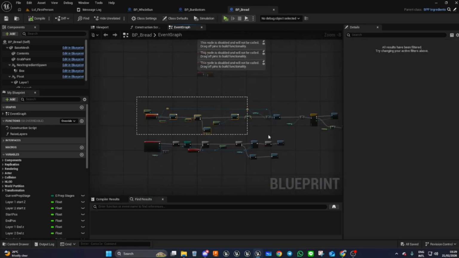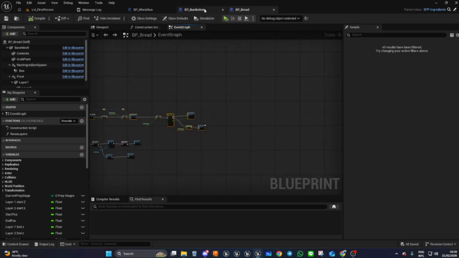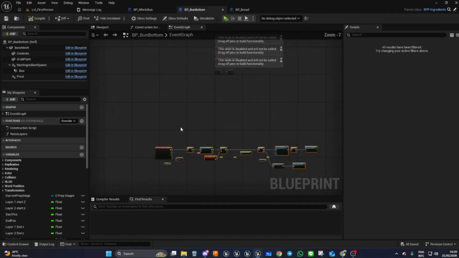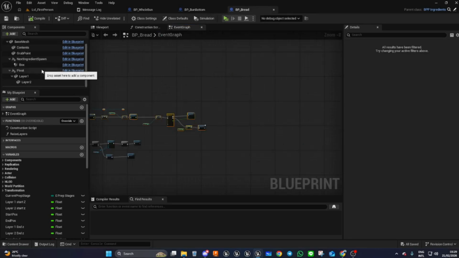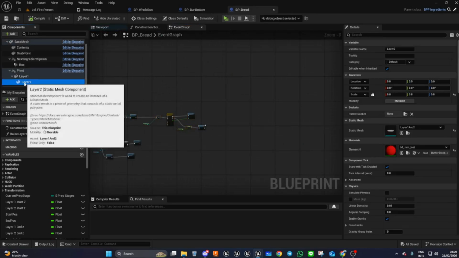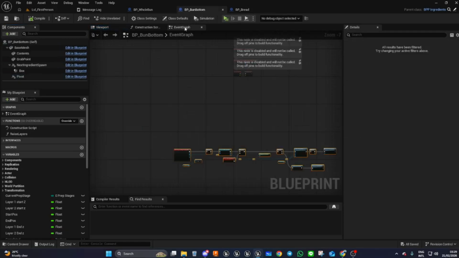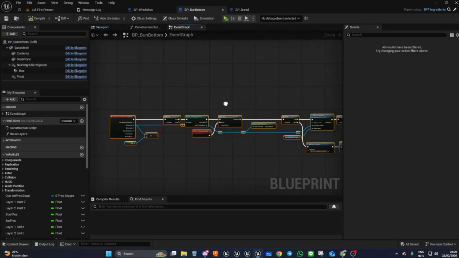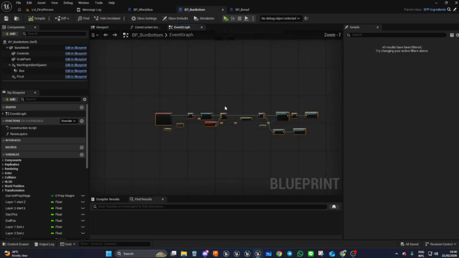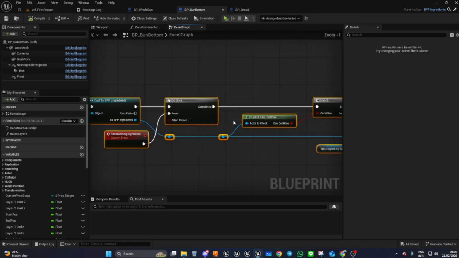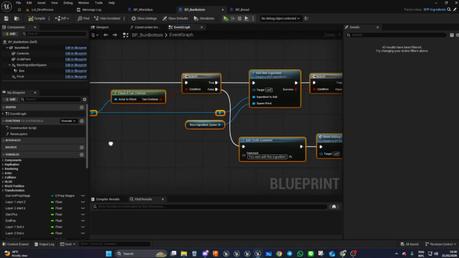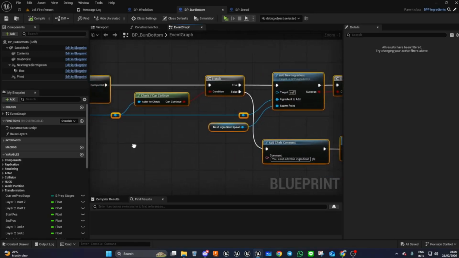We don't need that, so in our bun bottom we can delete that. I also deleted, looking at BP bread, we've got layer 1 and layer 2. We don't need them in the bun bottom. So in the bun bottom, we've just got the same code as our bread. We're going to do a small change,